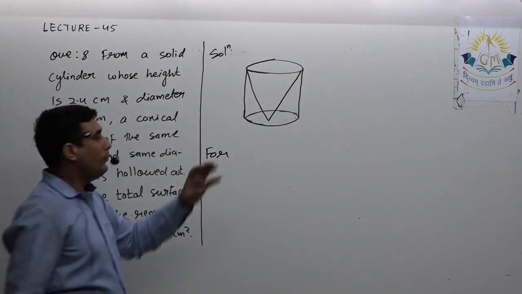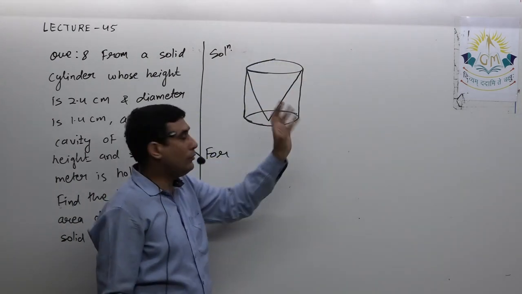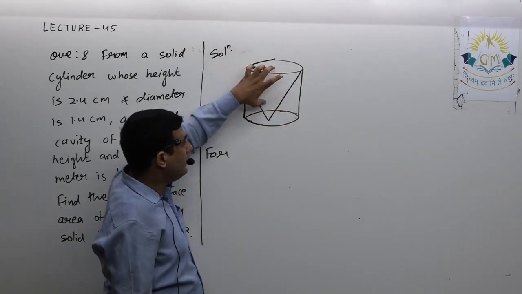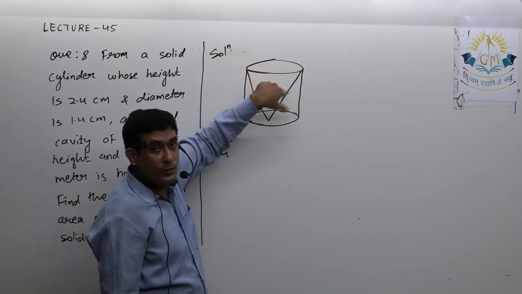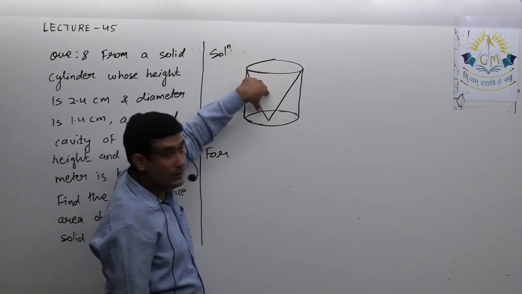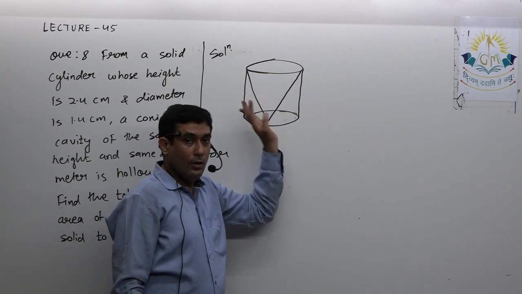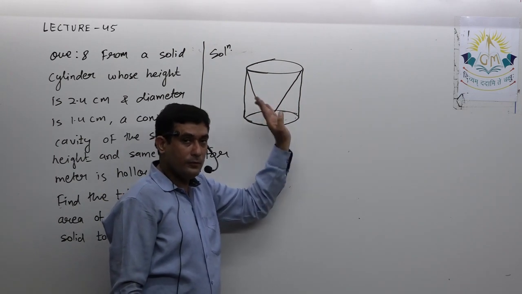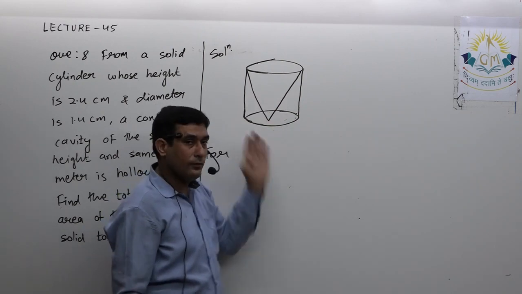you have to imagine, if I take out a cone from this, definitely a conical cavity is visible to me. That means it is possible to paint on that cone which we will see inside this cylinder, as well as definitely we are able to paint all around the CSA of the cylinder and the base of the cylinder.